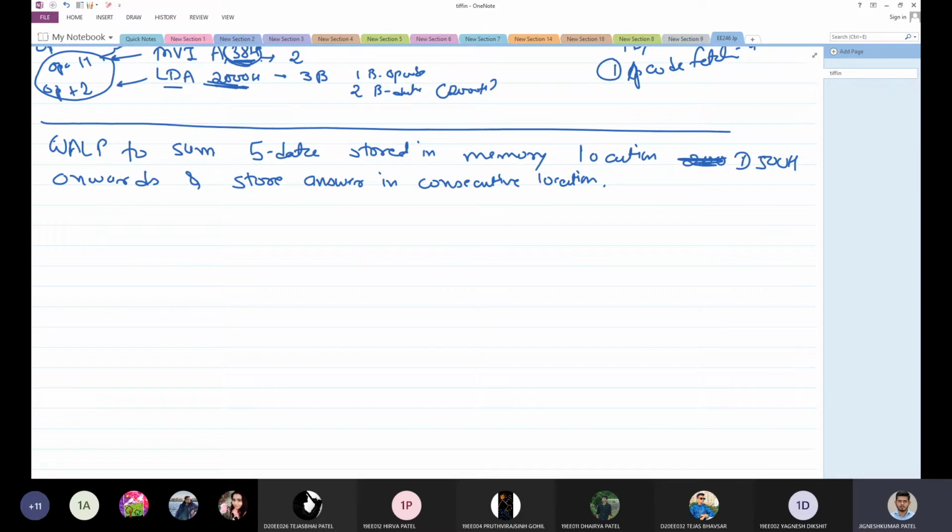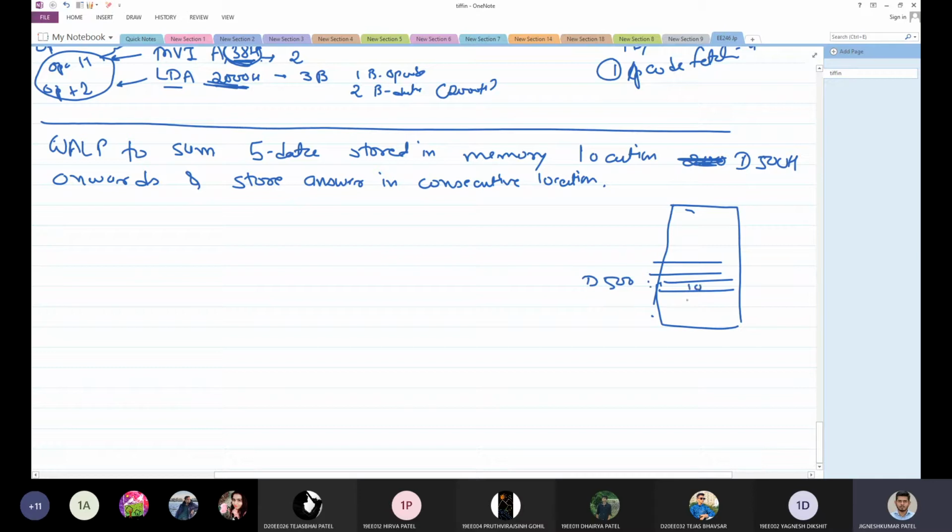In the previous program, what we had given was immediate data. That means we were already aware about the data that these 2 numbers have to be added. But here, a very general statement is given. 5 data is stored in memory at some location. So there would be a memory like this. Now inside this memory, there would be registers like this, and here at some D500 location, some data are stored.